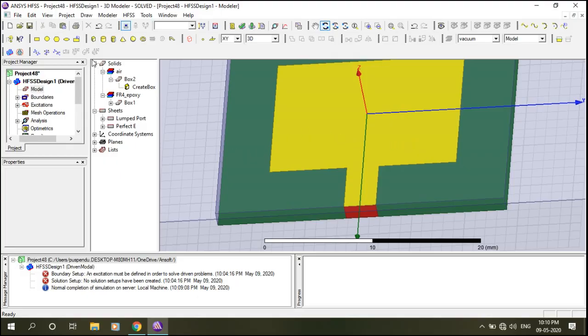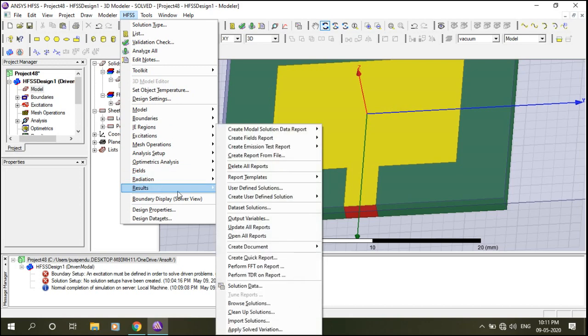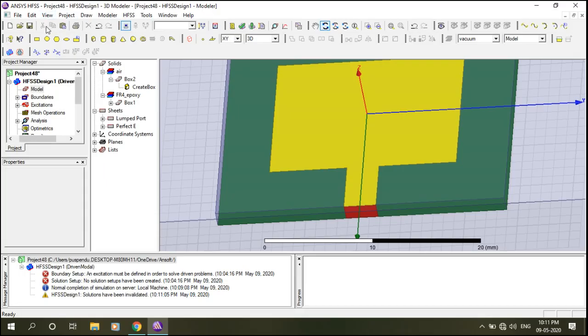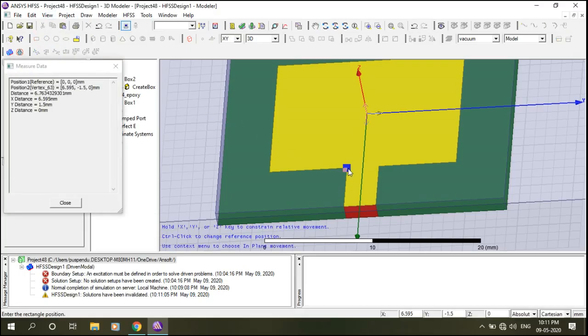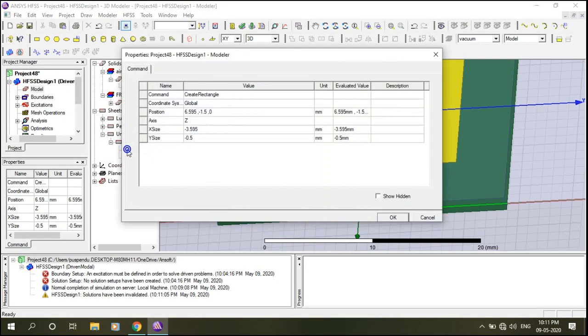So let's do this. First of all, I will delete the solution first. Result, cleanup solutions. So I will design a small rectangle like this, and also I will assign the coordinates accordingly. This will be 13.19 divided by 2,